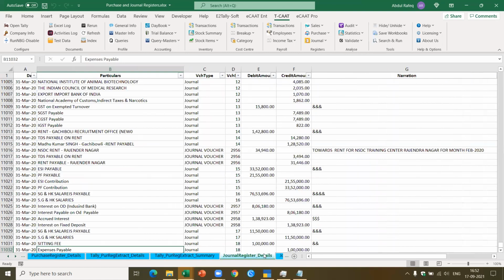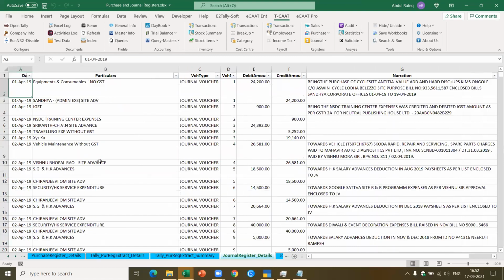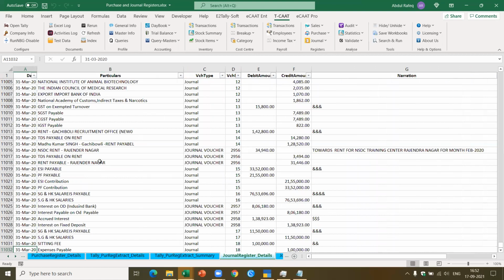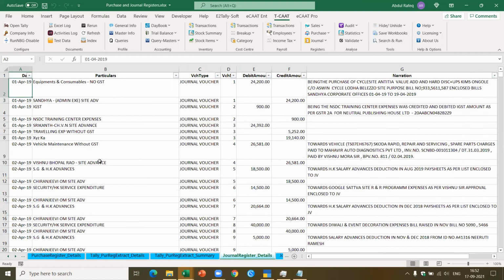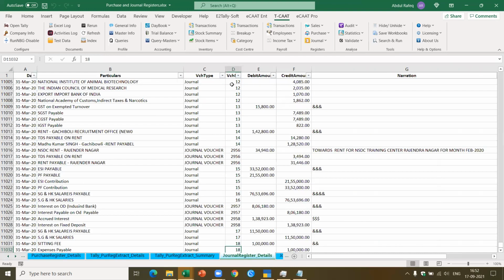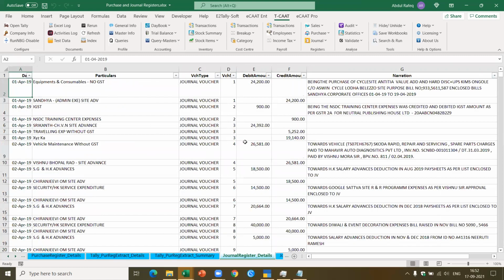Then similarly for the journal, I got the complete list of journal vouchers and extract. This gives me the complete list of all the journal entries. Here in this case, I got more than 11,000 items. These are all the journal entries which have been passed during the year, and they have different types of numbering for the journals. Once I have the data in Excel, I can filter and choose data based on what I want. I can also sort it and do further analysis as I want.